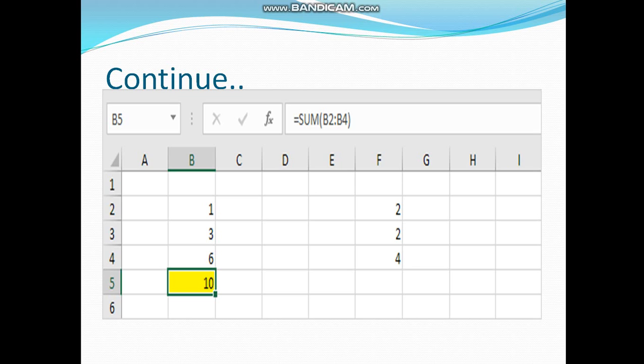First of all, the first step is that we will copy that cell B5 by right clicking on it and clicking the Copy command. After that, you will select the cell where you want to paste that value, that is, let's say F5.